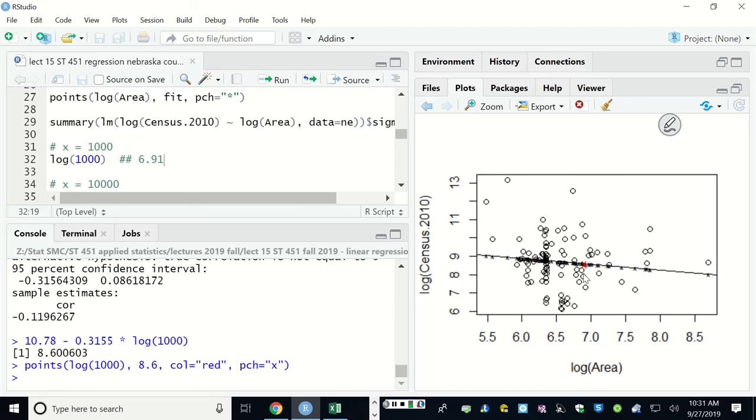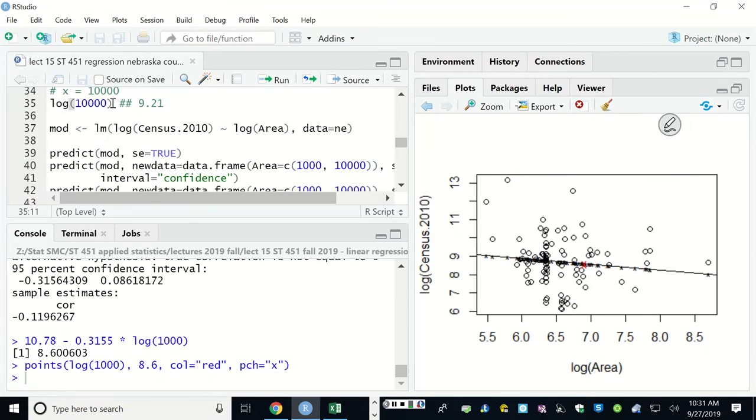Now, if we actually had a county that had a census, we could calculate the difference and get the error for that particular point, but I don't have a particular county in mind. At X equals 10,000 though, what if we had a county that was 10,000 square miles? Or maybe this is a group of counties. Perhaps you'd have some of these counties grouped together. The population's so sparse out there that